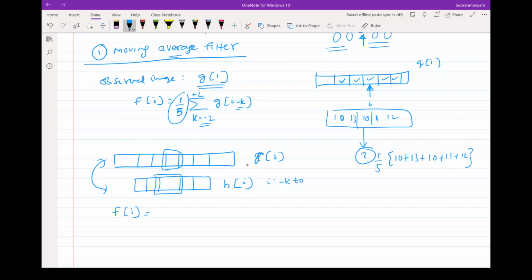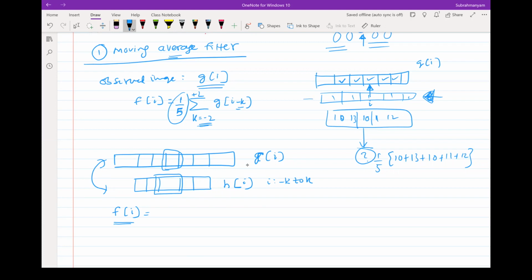Okay, so this is what I am calling h of I. This I is varying from minus k to plus k. In this case, k was minus 2 here. Or you call it with whatever, k naught or k, it doesn't really matter for me. Now express f of I. For example, earlier, this operation is equivalent to multiplying it with 1, 1, 1, 1, right? Later you would see shortly what it means, but for now use it as a black box.